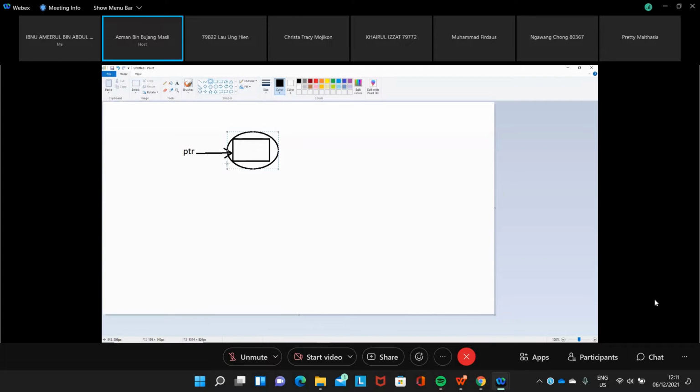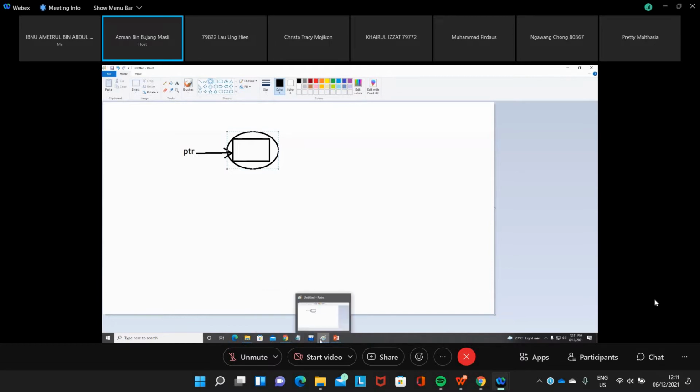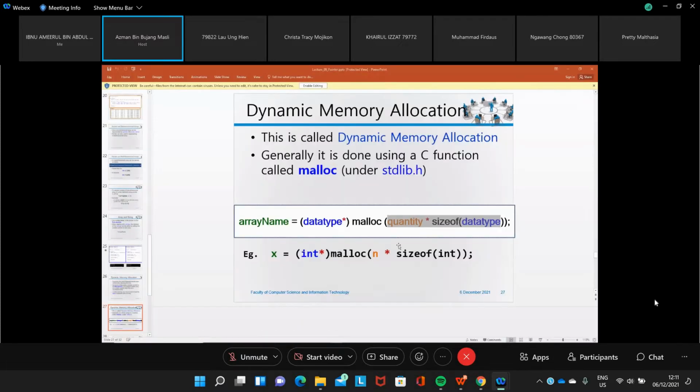Unlike what we have used so far, where the pointer points to a variable, and the variable contains the memory location assigned to it. Understand? With malloc, we don't use another variable to point to, but we use malloc to create the location for the pointer to point to. That is the purpose of malloc, and that's what we mean by dynamic memory allocation.